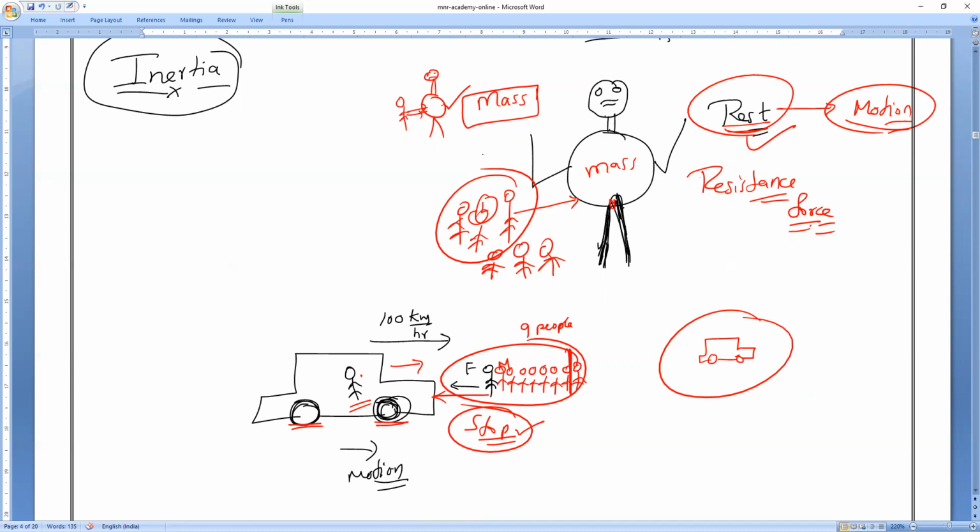And I am a bulky man. I want to be in a state of rest. Nobody can change my position because I like to be in a state of rest. That tendency is called inertia. What is it called, everybody? It's called inertia. Clear, everyone? Now, due to inertia, an